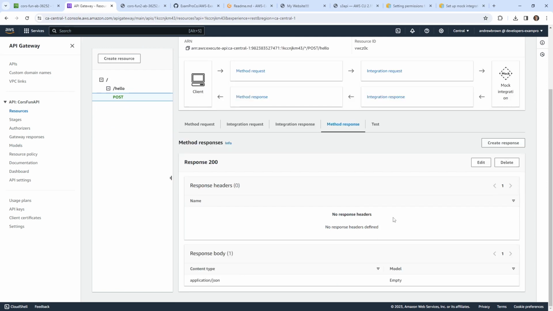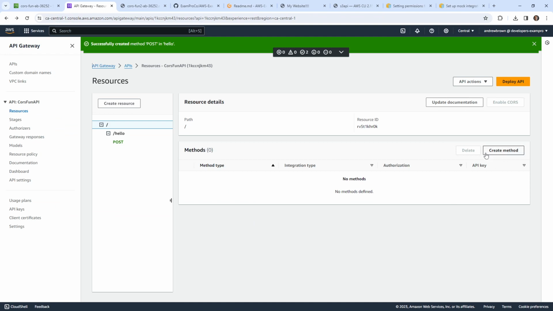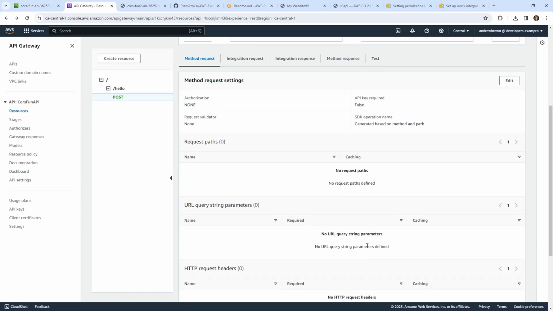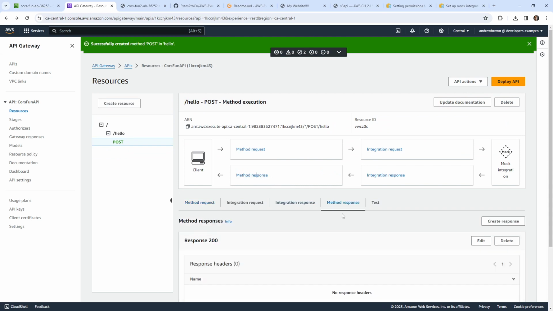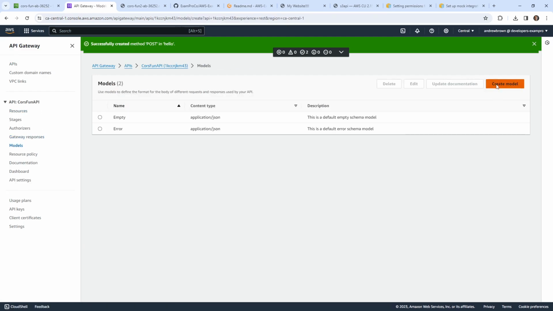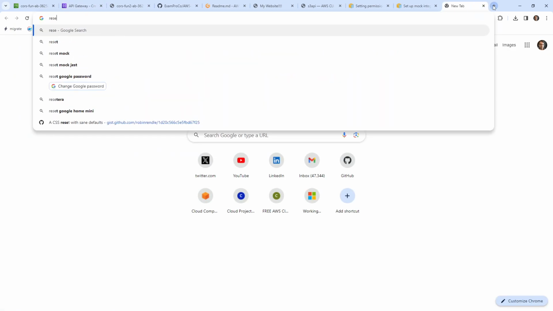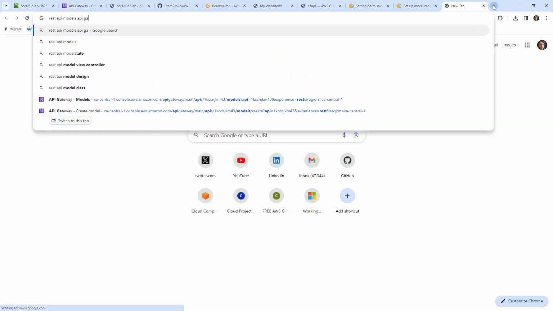And we'll go back to method response. I think this would just create an additional one. No, we don't want that. We want to, again, manipulate this response here, because I just want to return back some data, right? And so in here, again, for method response, response body. So it must be something to do with this model. Let's go back over to models, and we'll create a new one, and we'll just call it example application JSON. We'll look up REST API models, API Gateway,